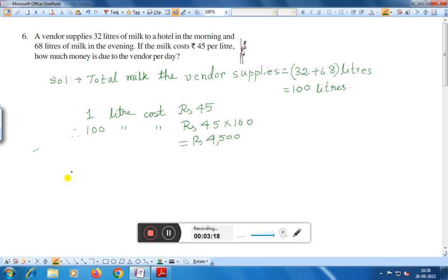Therefore, rupees 4,500 is due to the vendor per day. This is the solution of